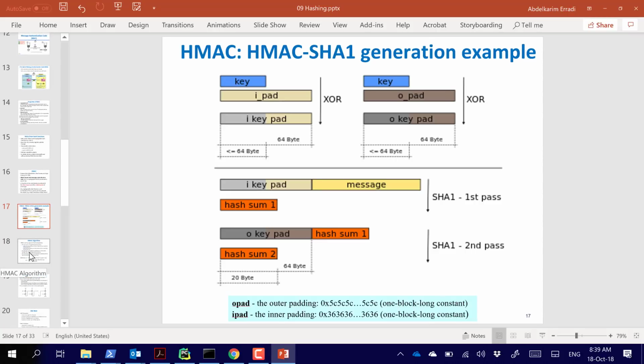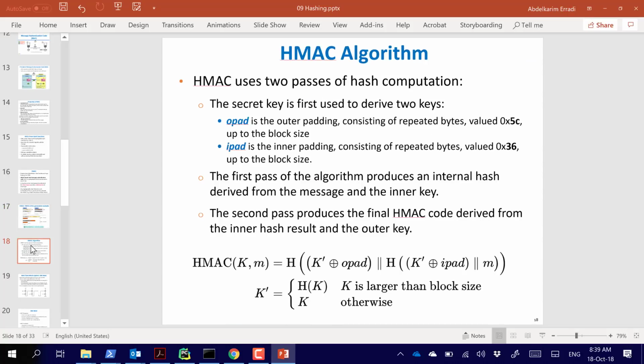That's one way of producing the MAC, which is the message authentication code, in a secure way. One way is to use the HMAC algorithm. The other way of creating an HMAC